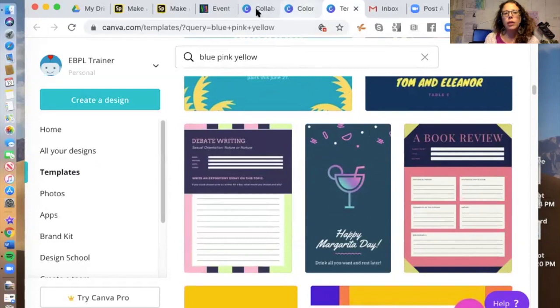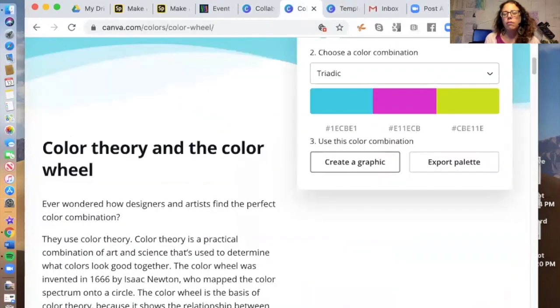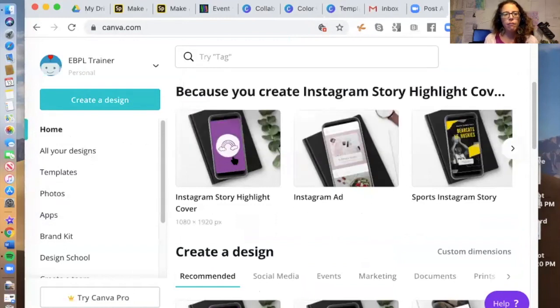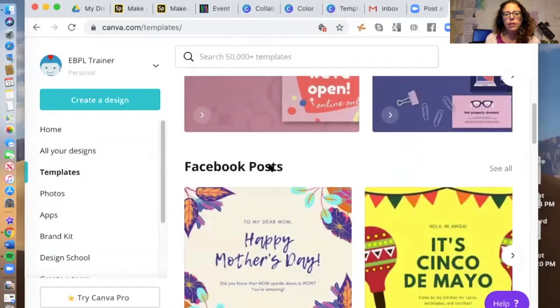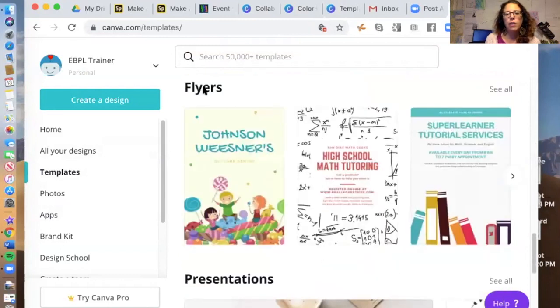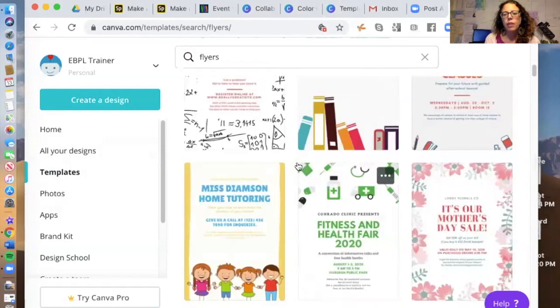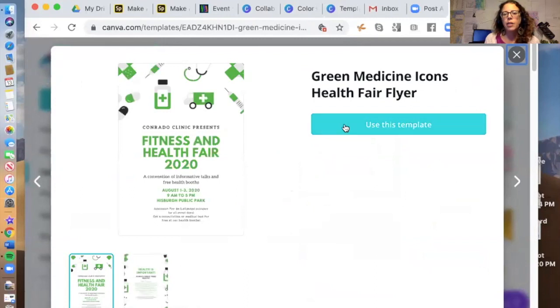Another way to do it is you just go to your Canva, and you just choose a template, and you look here for the templates, and you find, for example, the one I always use, which are flyers. So I click all the flyers, and then you click on it. So I'm gonna click on this one. I'm gonna use this flyer,